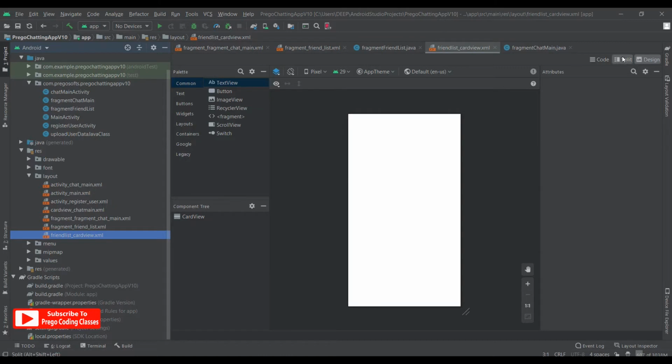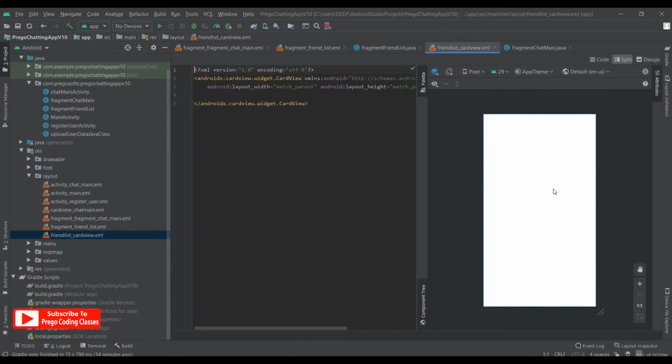Now in this card view, we'll just split the screen to design and code. Now just hit enter and bring this thing down so that we can see what's going on. Now the card view is over there.